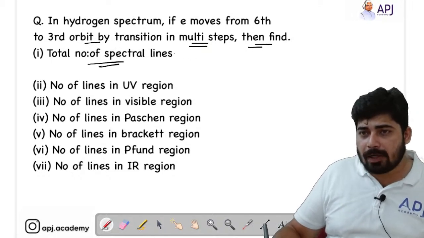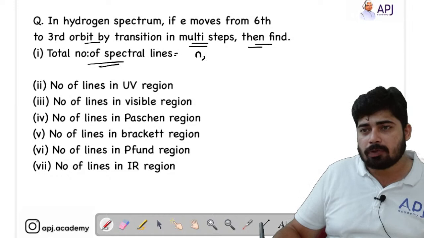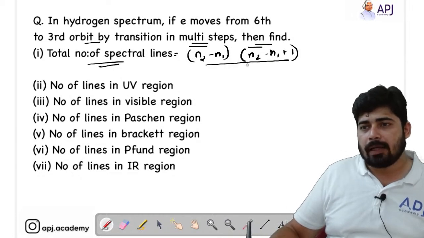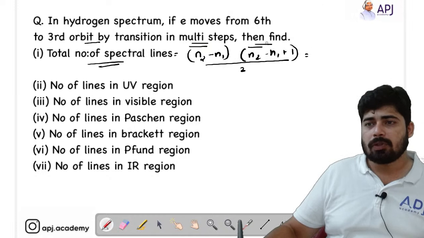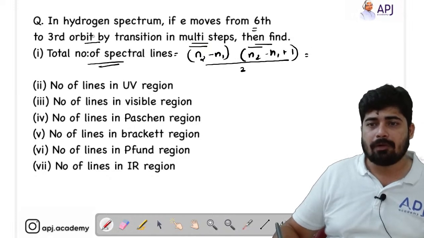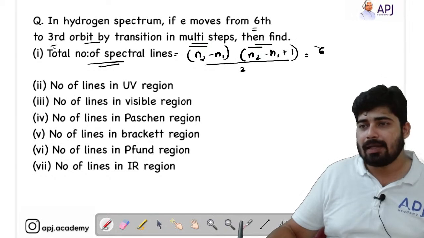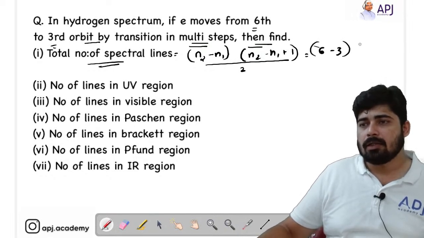If you are asked to find the total number of spectral lines, you have to use the formula n2 minus n1 into n2 minus n1 plus 1 divided by 2. Here n2 is 6 and n1 is 3. So you can write it as 6 minus 3 into 6 minus 3 plus 1 divided by 2,